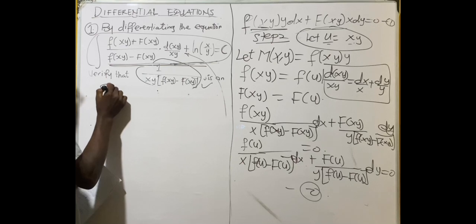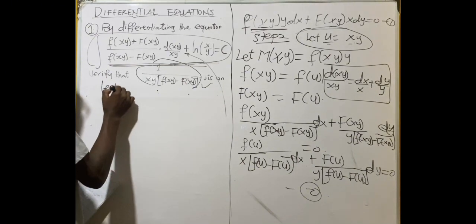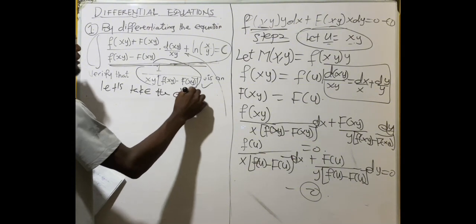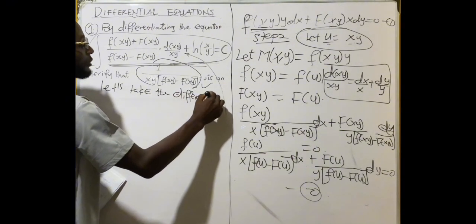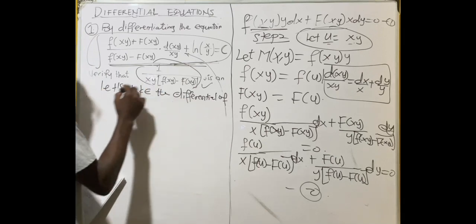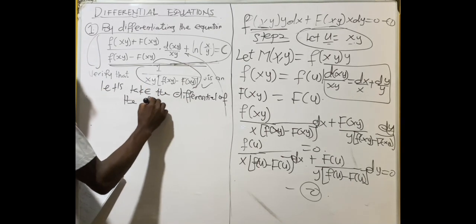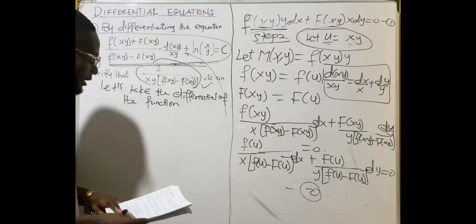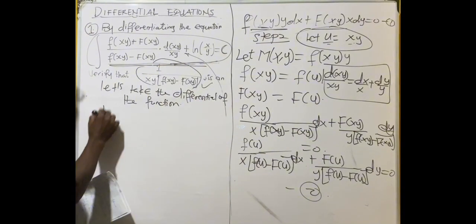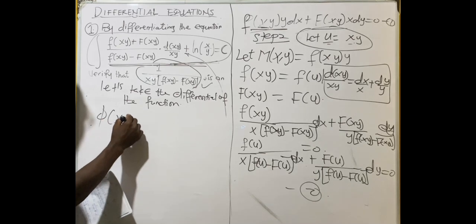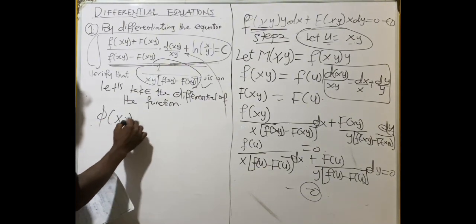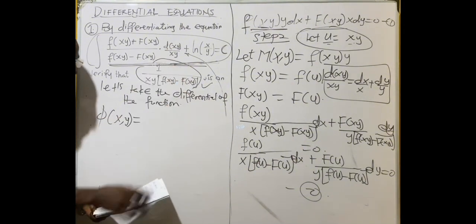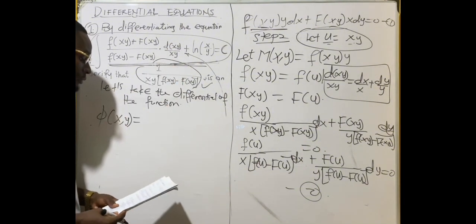So let's take the differential of the function. Right. So when we do that, that means that we are going to differentiate this, right? So phi of x comma y is equal to, we're going to differentiate this, right? So that will be equal to